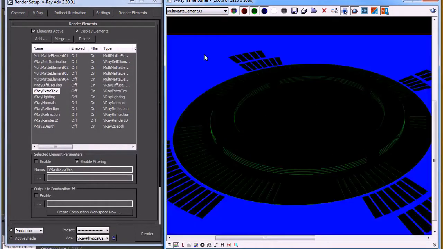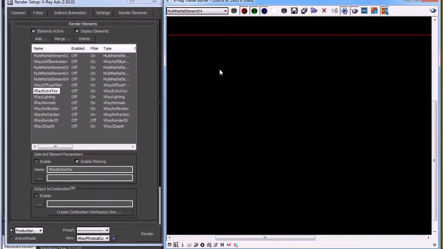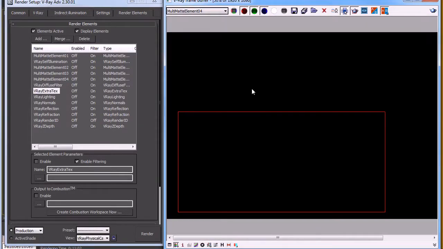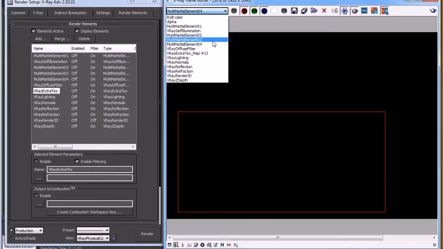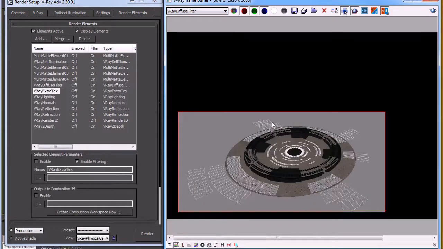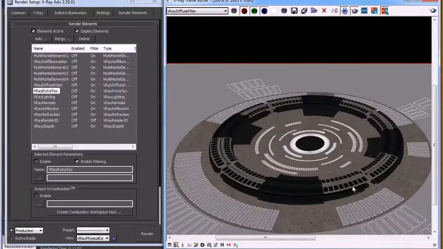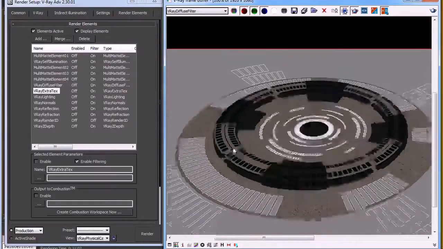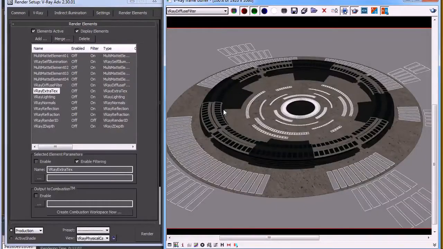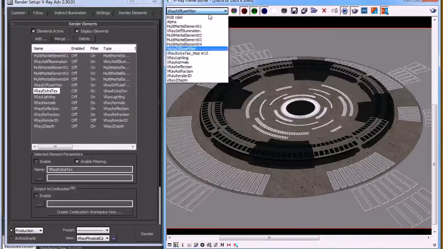So let's just look progressively at more multimats. That one's for the trees, but it's not showing because I haven't rendered diffuse filter. This is also really nice because it just gives you the diffuse pass. So if something's burned out, just through the diffuse filter, the lighting and the reflection, I may be able to get it back. And that's generally how films are made. They just blend all these passes and they can make whatever really with the lighting and the refraction and the